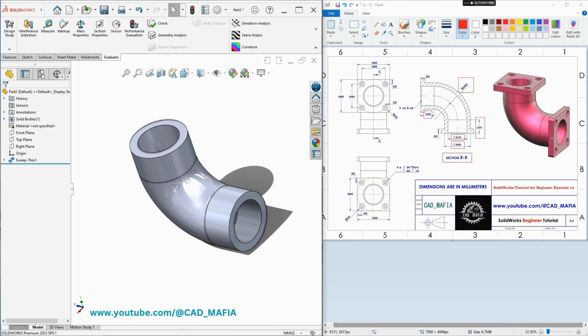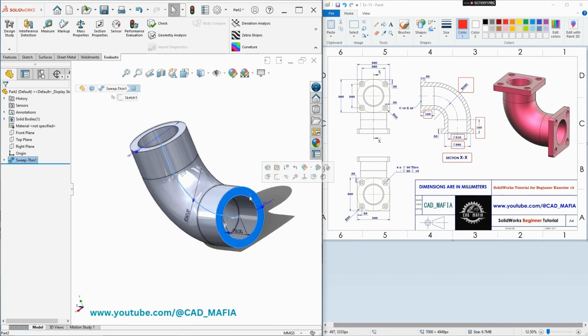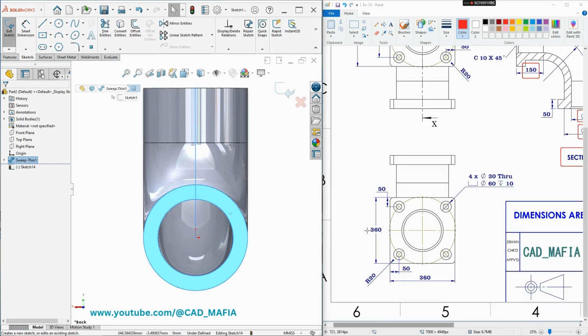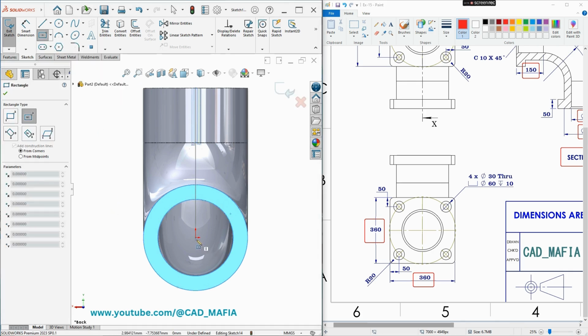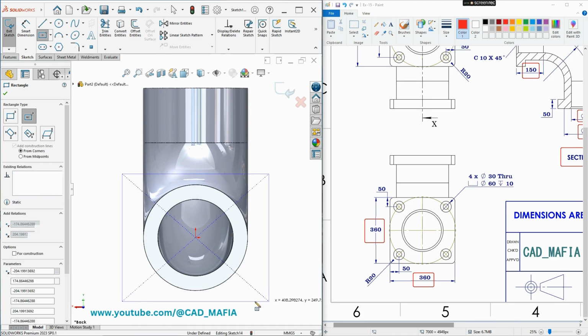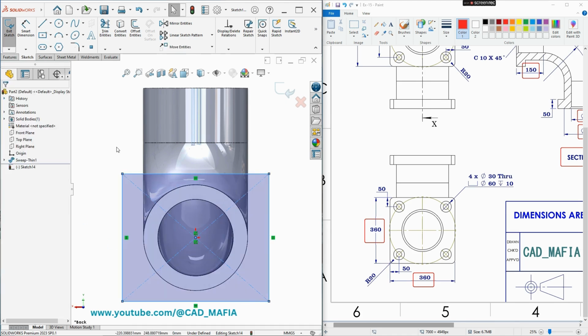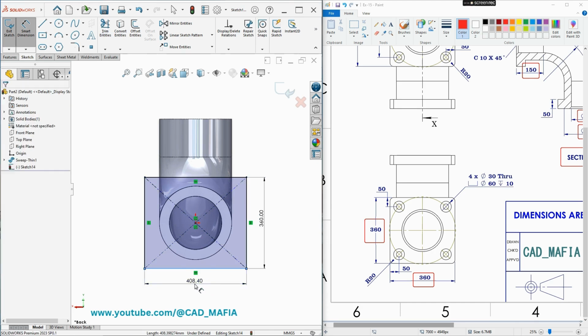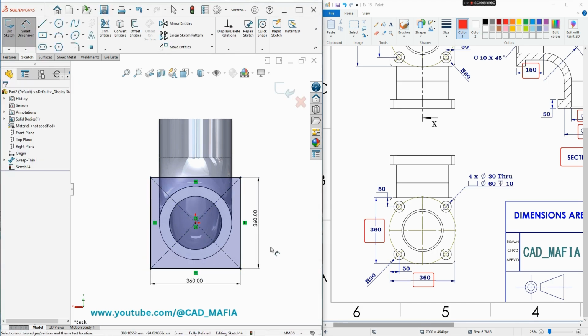Now we have to make this flange portion. So select this face, click on sketch. Okay. Now here you can see this is 360 mm and 360 mm. Both, this is a square. So select center rectangle and select the center point and drag it. Okay. Give dimensions. This is 360 mm and also this is 360 mm as this is a square. Now exit the sketch,